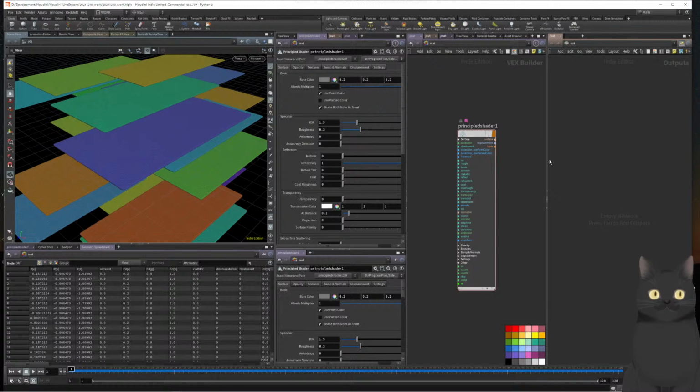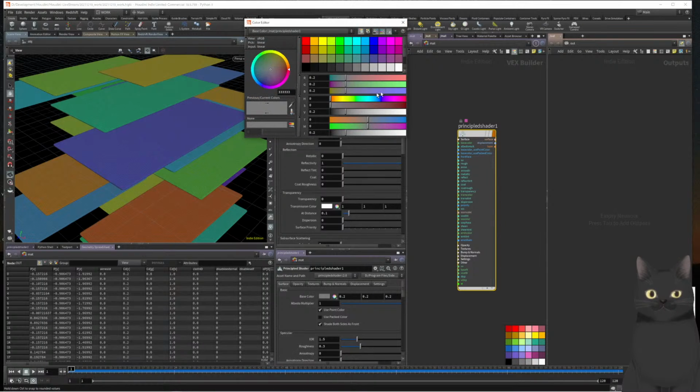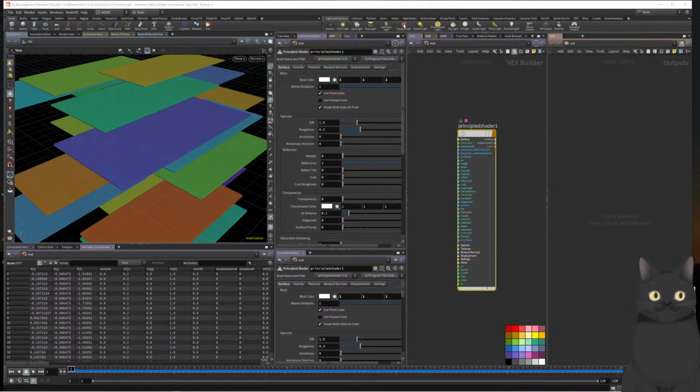Okay. Let's change this to white. So we will use the full color. Use point colors. Remember, our color attribute is on points. Okay, we have here the color on points attributes. And specular is the reflection, right? So let's change this to 0.4. Okay, and on our